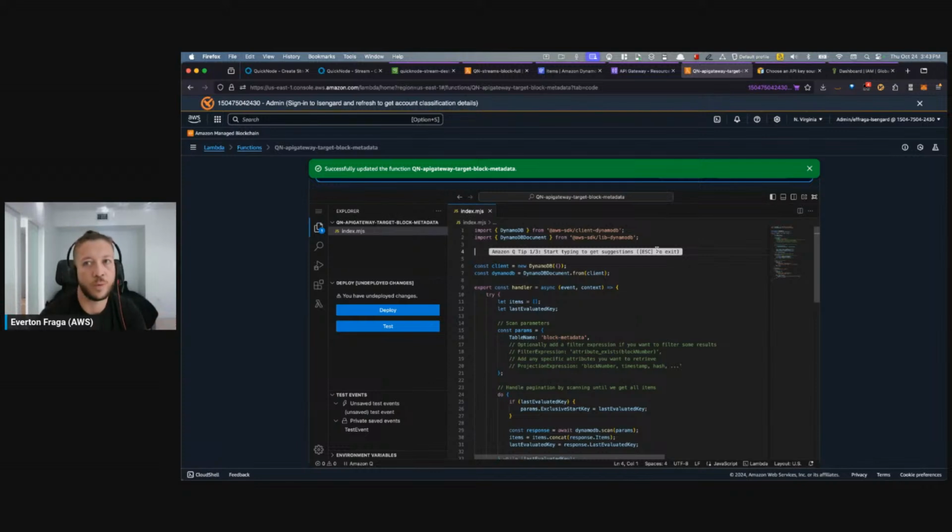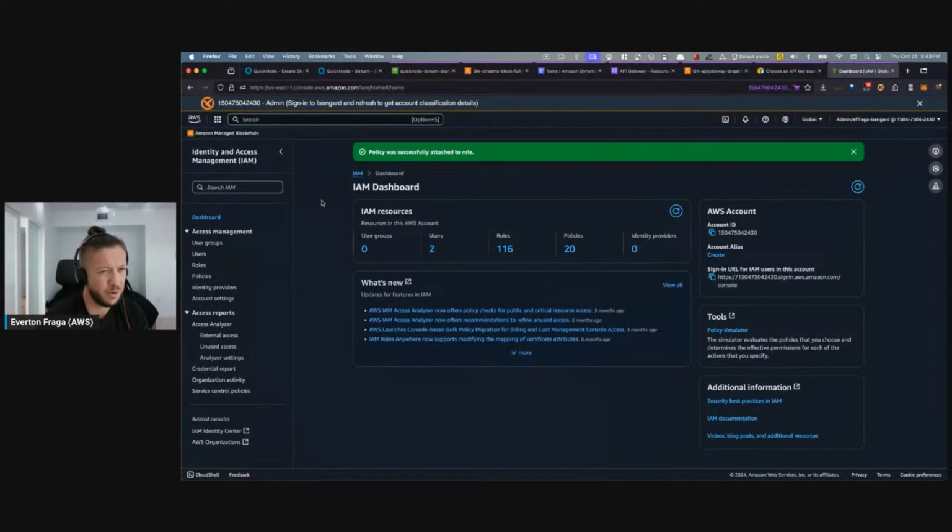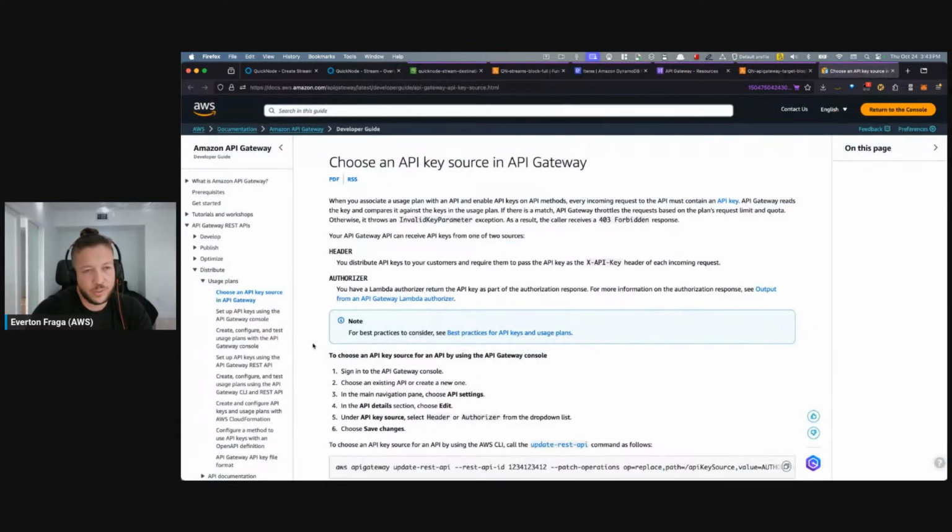So we have this very mature service that can help you determine the access, with very impressive granularity, about what actions and resources each execution context can do.